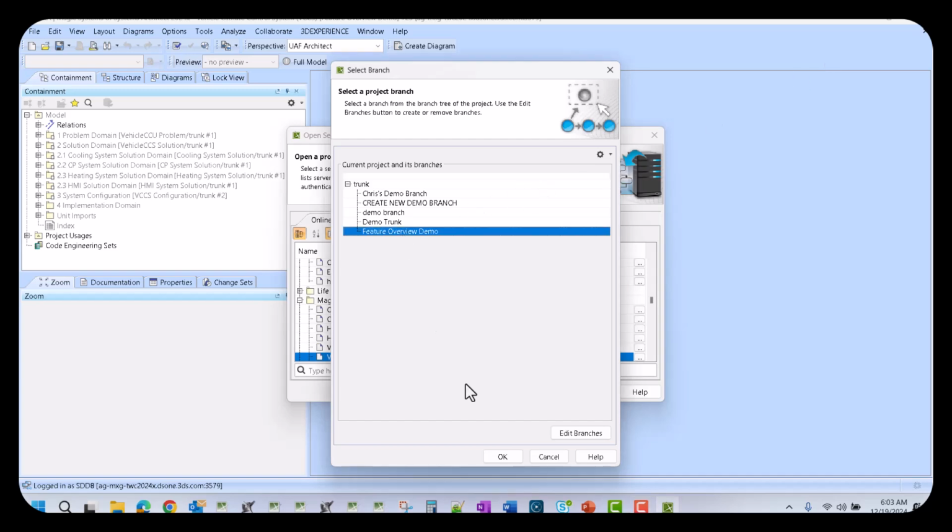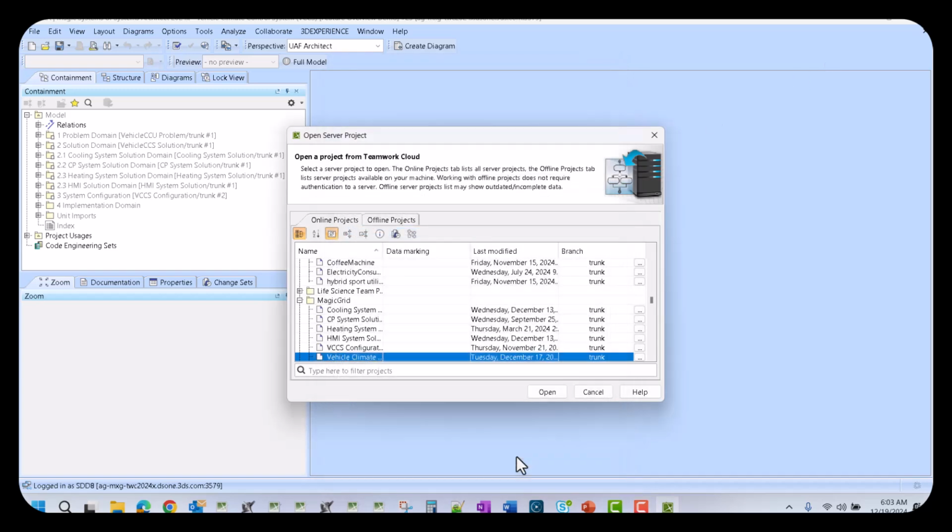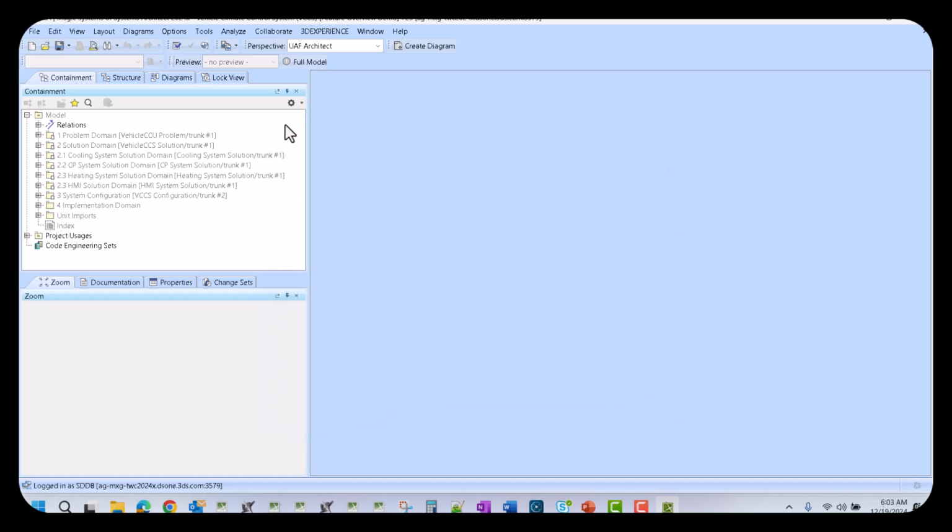So the next thing we need to do is switch over to our feature demo branch, and we actually have that open here. So what we're going to do now